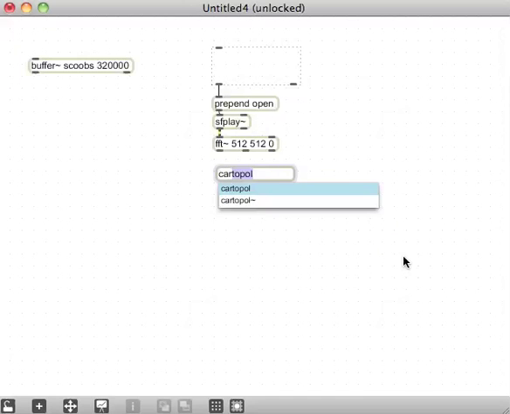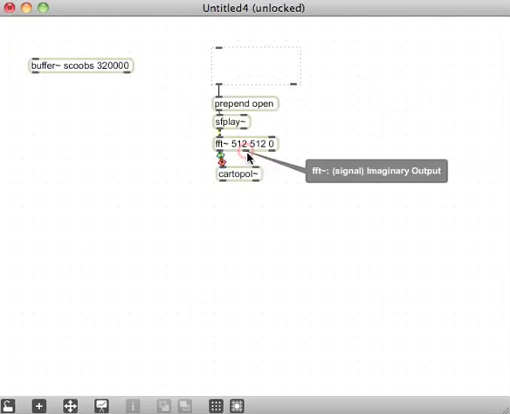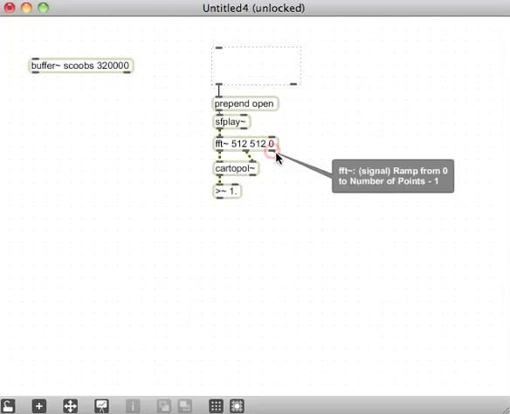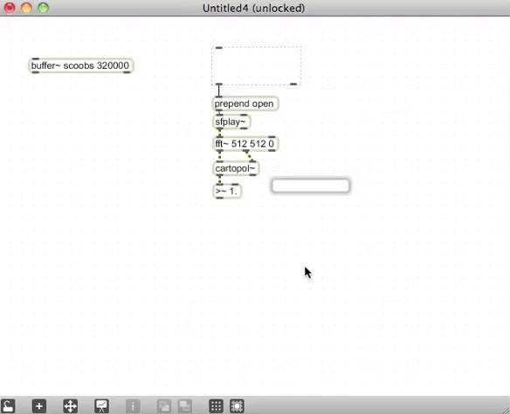For this process, we usually use something called cartopol. It's like a square root of the sum of the squares, which if you know anything about trigonometry, you'll know that gives you both an amplitude output and a phase output. And some kind of logic on that, just to see if it's greater than, let's say, 1. We're going to look at this on an index value. So this is where we're going to use the index from here, and we're going to add 1 to that index because an index of 0 is not going to be very useful for what we're going to do next,